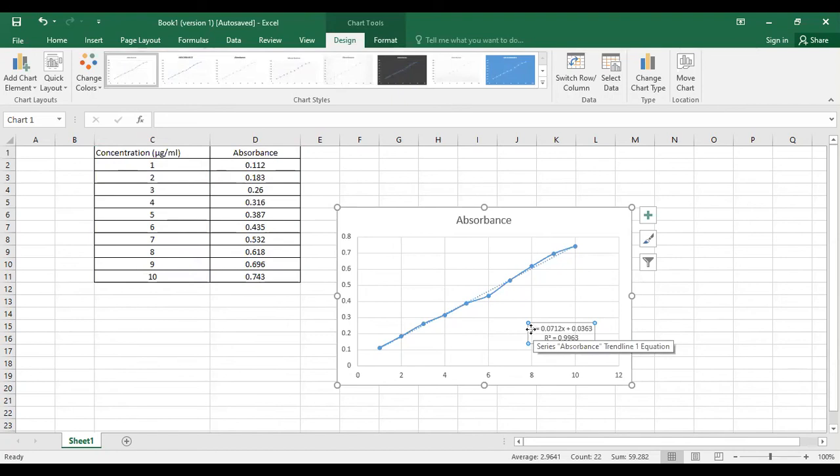Absorbance is nothing but the Y. Once we know the Y, we put the value of Y here, and now we know M, we know C, we want to determine the X. So X is the concentration.